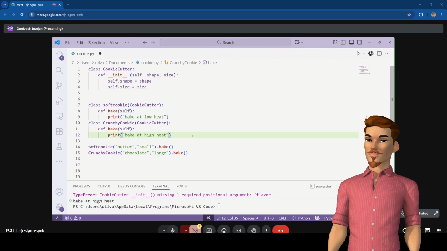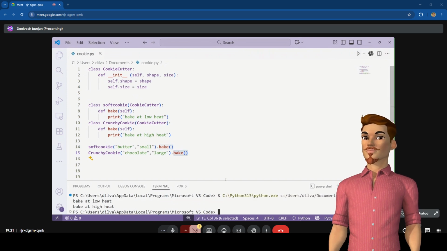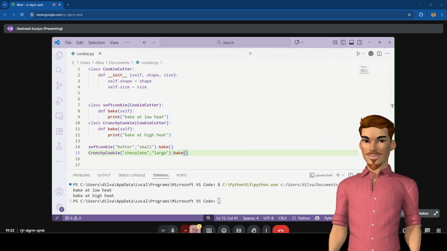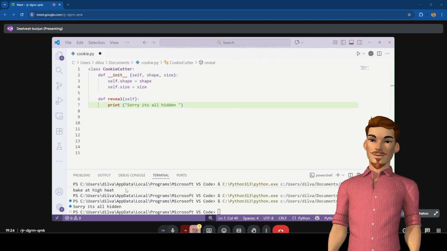So we're using the same method, but depending on which child class it is, it will print different outputs. See, it's the same method, but it's behaving differently. As you can see here, bake at low heat, bake at high heat, both coming from the same method. This is called polymorphism. But what is different is going to be the class name, right? And the attributes that you have inserted between parentheses. Yes, but the method has the same name. It's behaving differently. Nice. All right, so could you tell me now, guide us through what's the concept of encapsulation